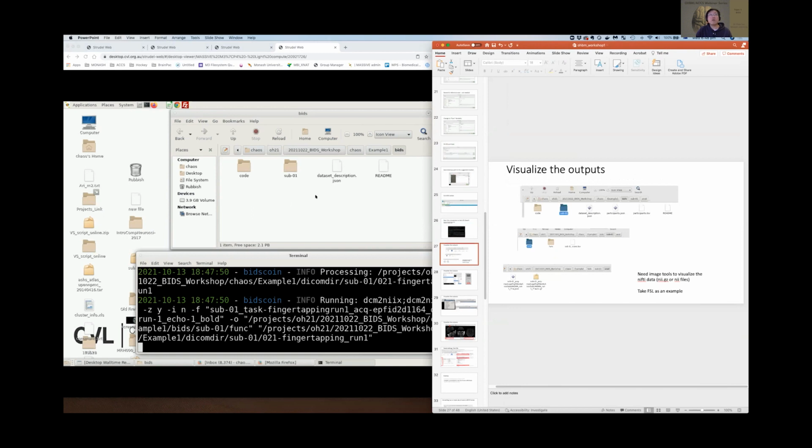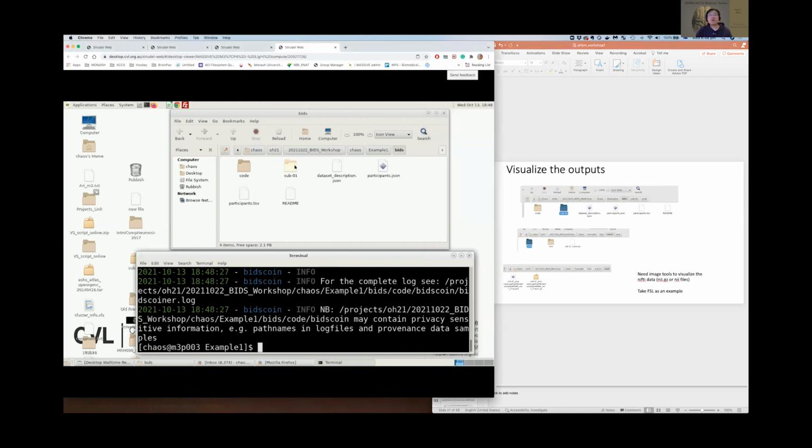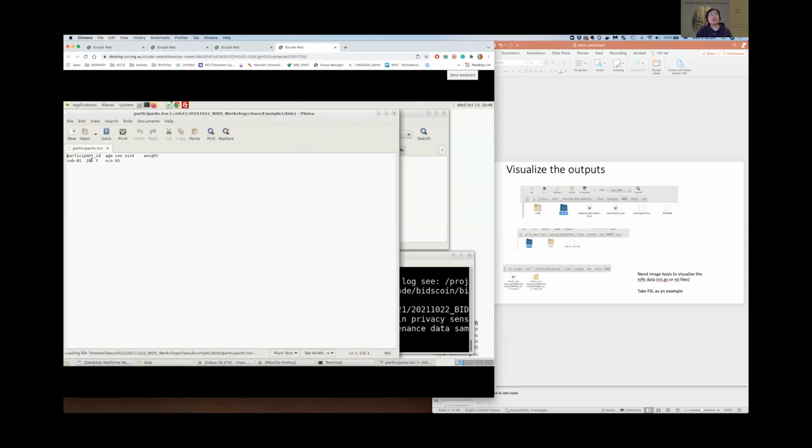So while we're waiting, I'll quickly show what it looks like in here. In the BIDS level, you will see the subject. Oh, it's done. You see subject 1, and at this level you will also have all the files you need, like the participants TSV file, where you can see the subject IDs, genders, age, and weight.